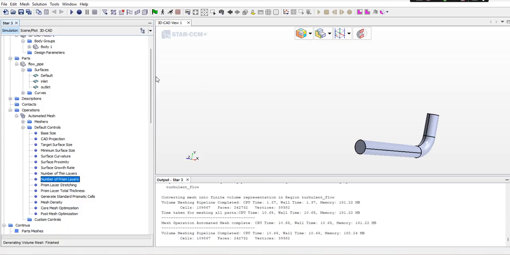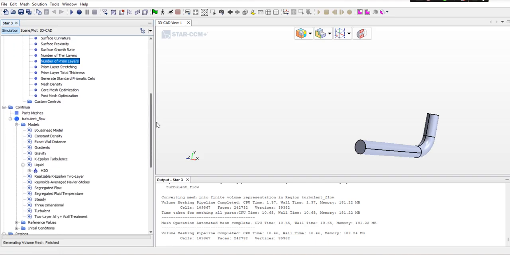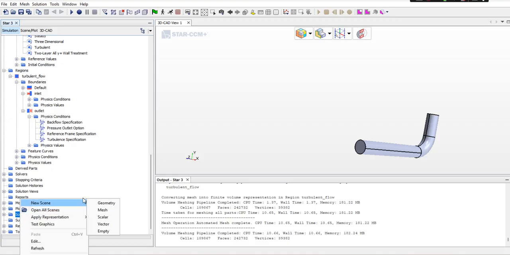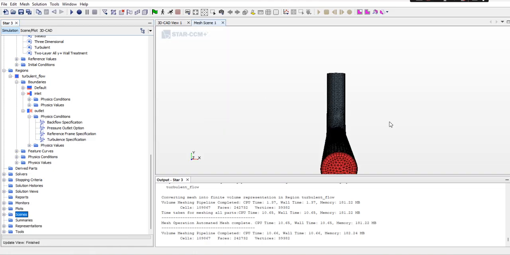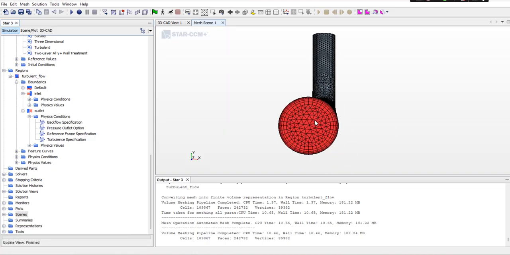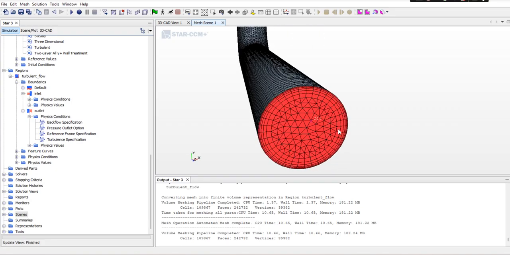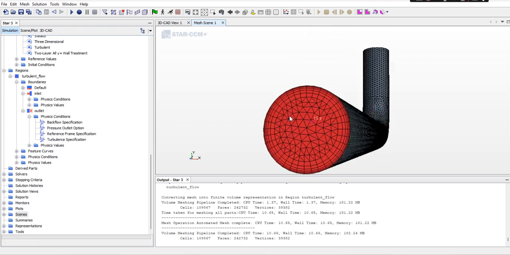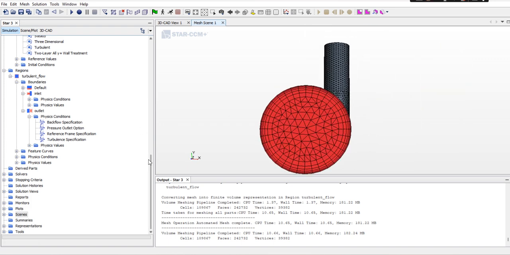Yeah, volume mesh is finished. Now if we want to see the mesh, I right click on new scenes and select mesh. Okay, we can visualize our mesh perfectly. And now we can run the simulation. But before